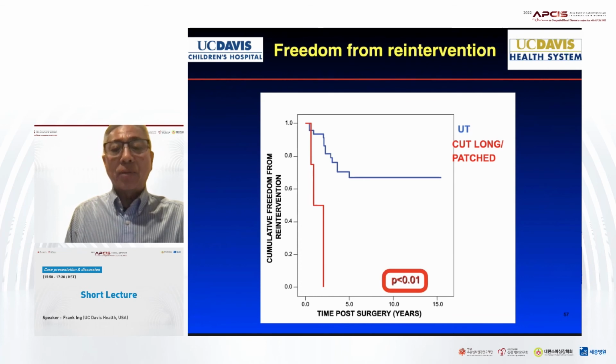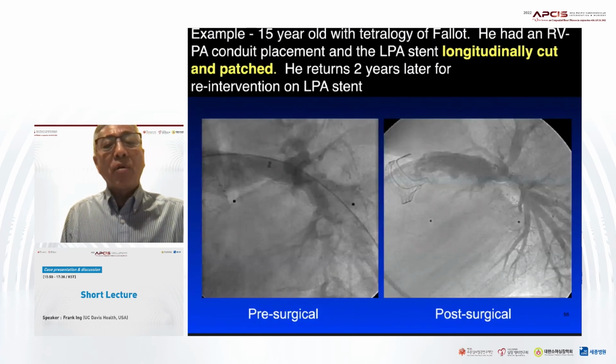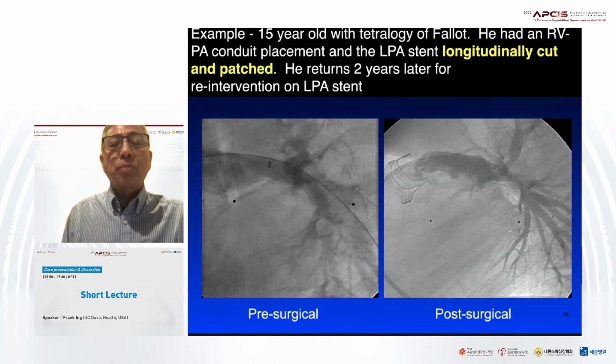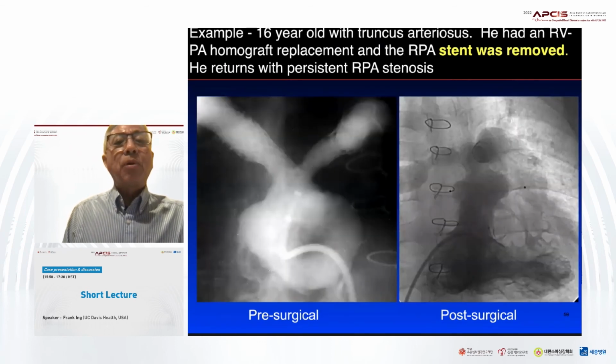So this is an example where the surgeon, at the time of surgery of the pulmonary valve, decided to cut the stent longitudinally and then put a patch in. Look what happened to it afterwards. It actually was worse by doing that. Here's an example where the surgeon actually had